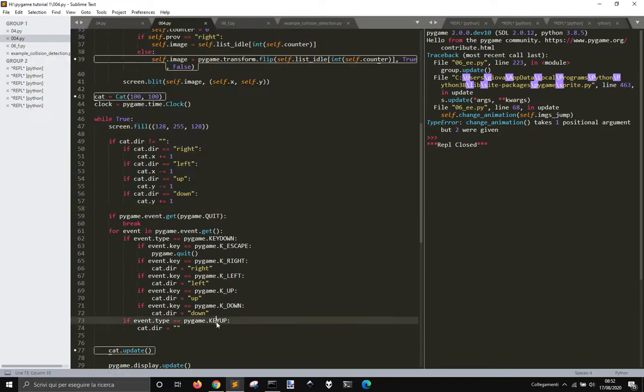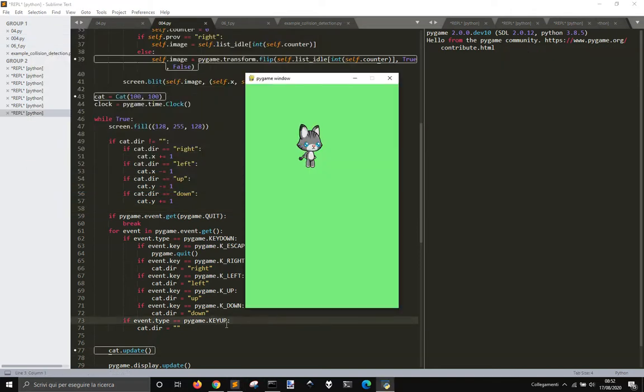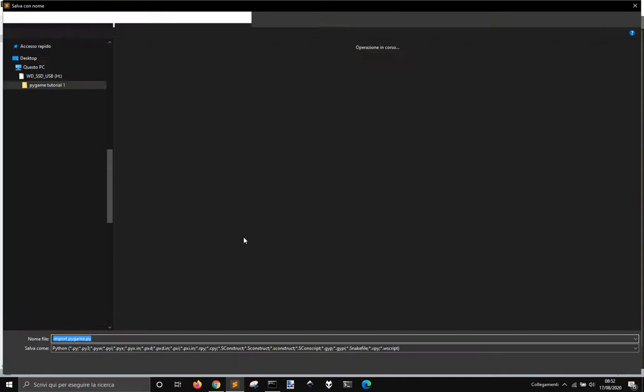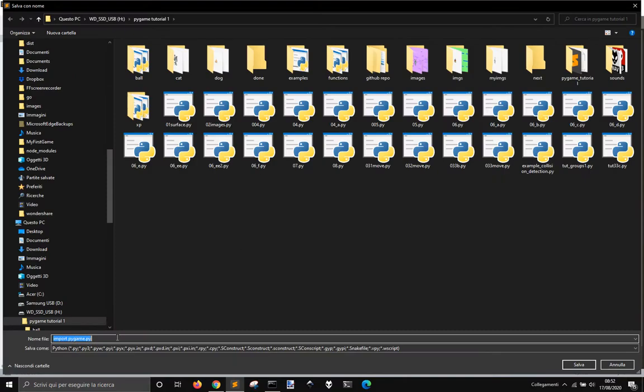Okay, last time we have seen how to make our sprite move, go left and right. I had some troubles here because when I press more buttons, it doesn't feel very good. So I'm gonna fix this. Let me call this